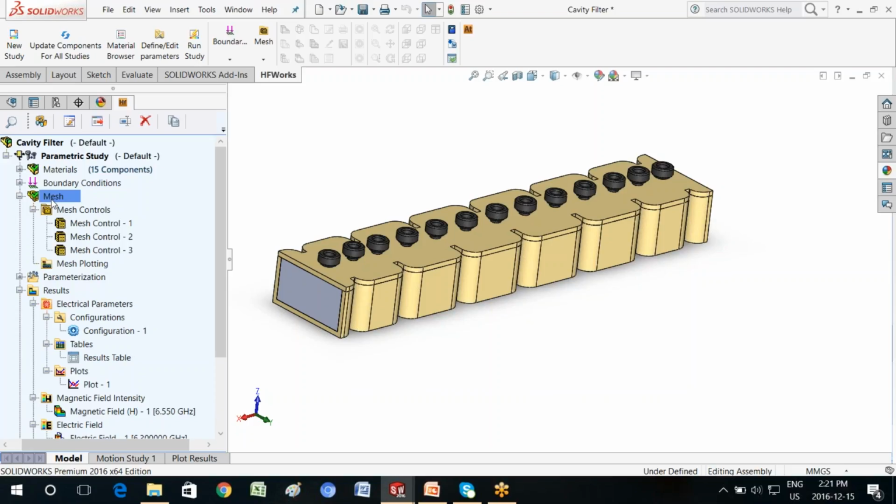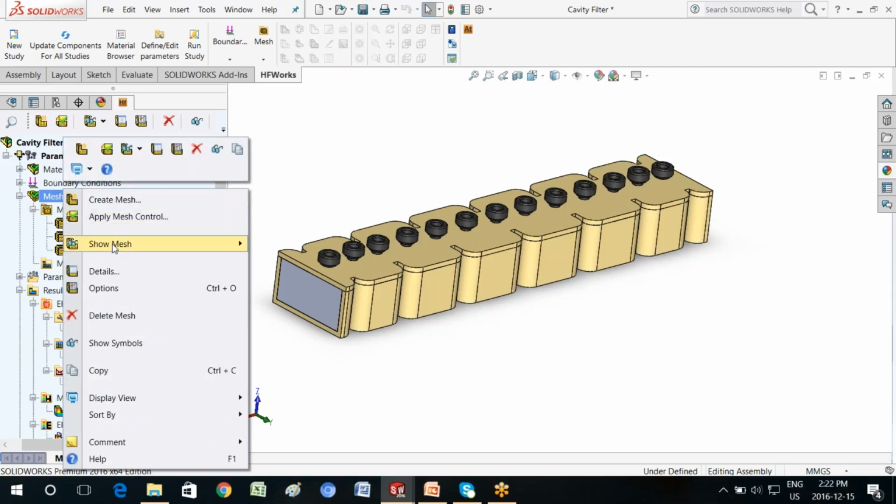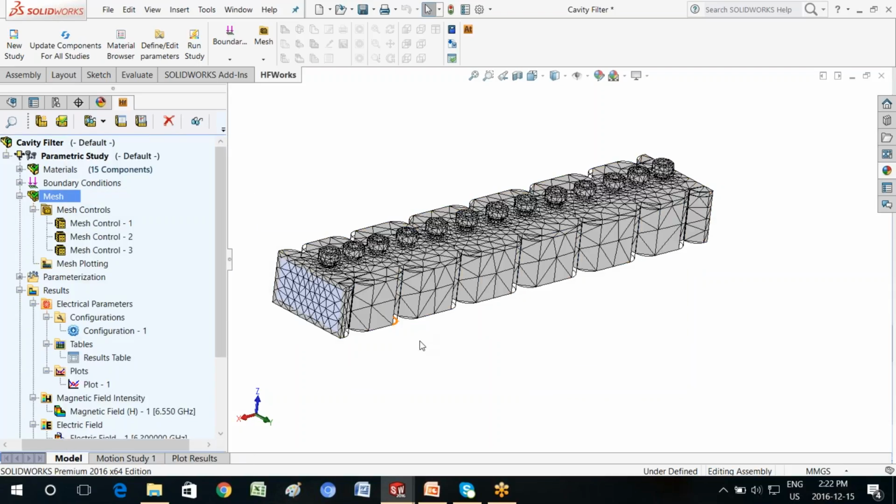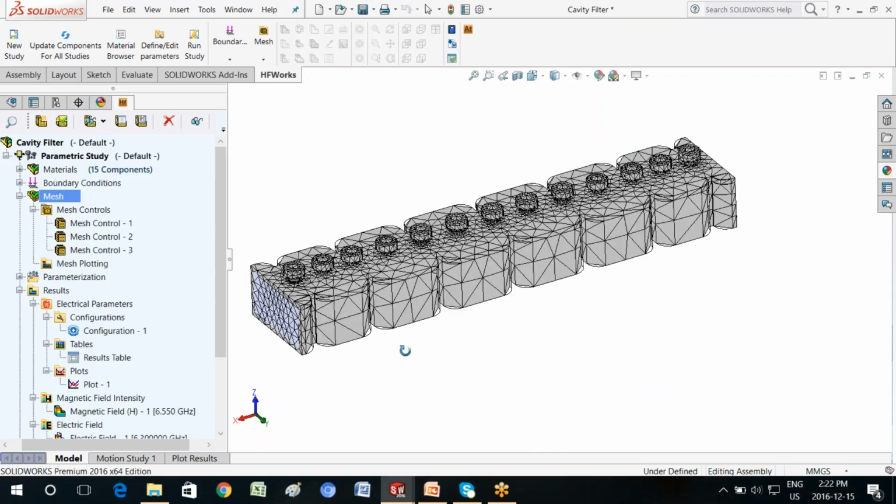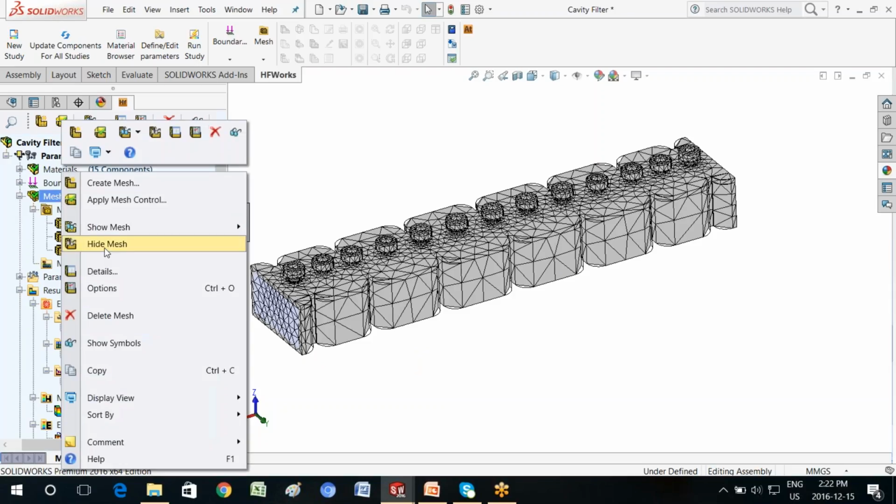So HFWorks allows you to not worry about the mesh part of it. We take care of it internally in the program. We also allow you to view the mesh. For example, here this is the finite element mesh. So the mesh is automatic and it's adaptive as well. Okay, now let me go ahead and hide the mesh.